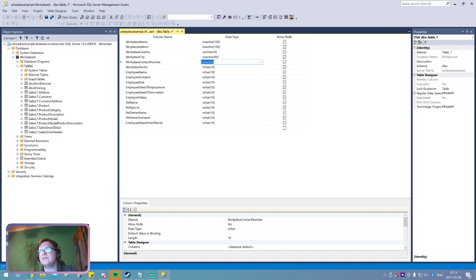For contact number, let's go with 20. And actually, let's go for 20. And let's not use random symbols. Workplace sector, let's go for 20 as well. Employee name, let's go for 50. Employee surname, let's go for 100. Actually, for employee name, let's also go for 100 because